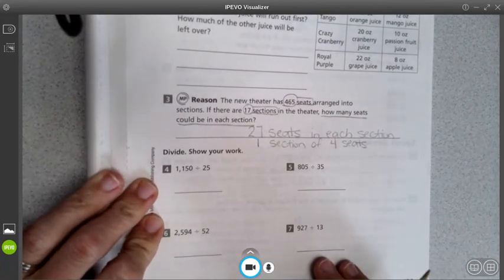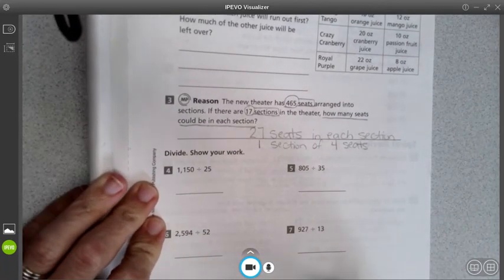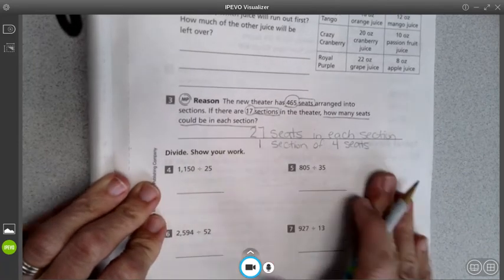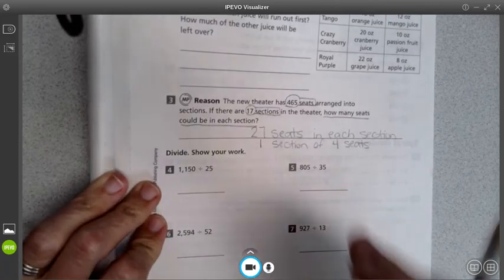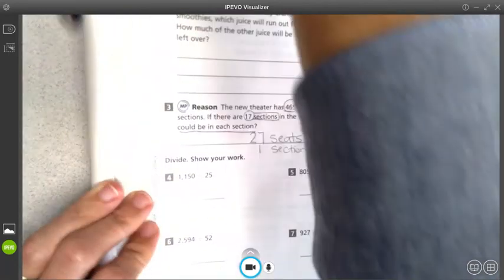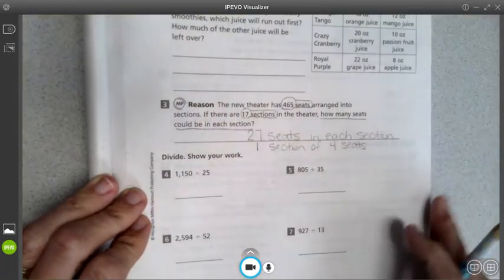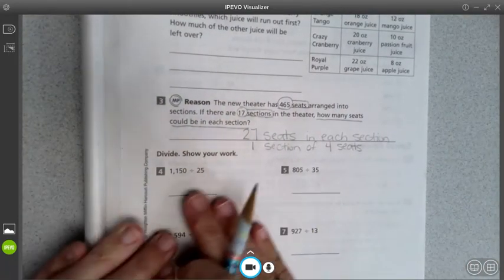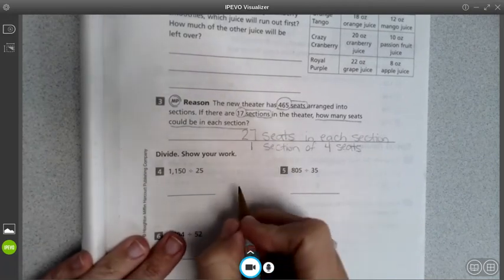We have been working with just the traditional model. If you like to do it a different way and there's not enough space here for you, that's fine, you could use another piece of paper. I'm going to work right next to my problems. The first one says